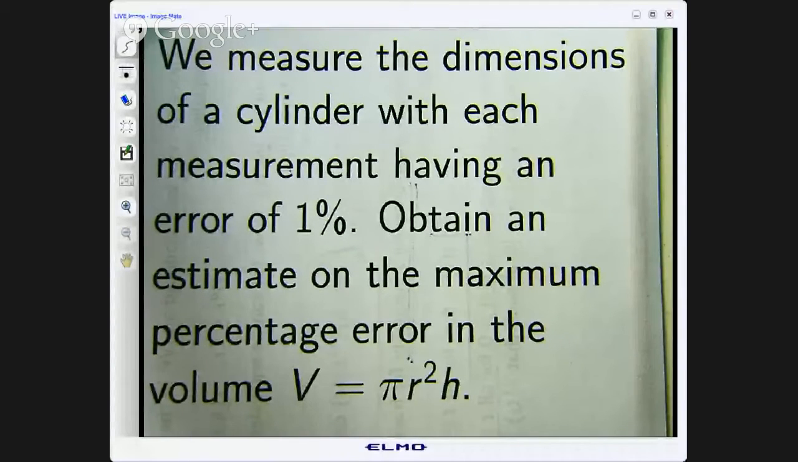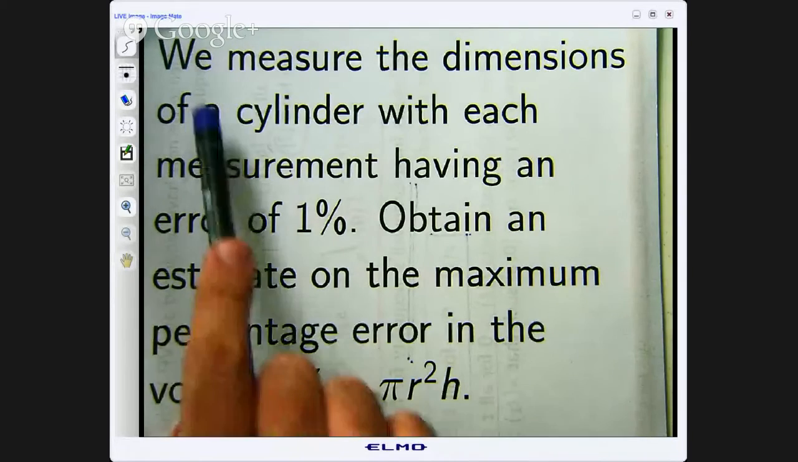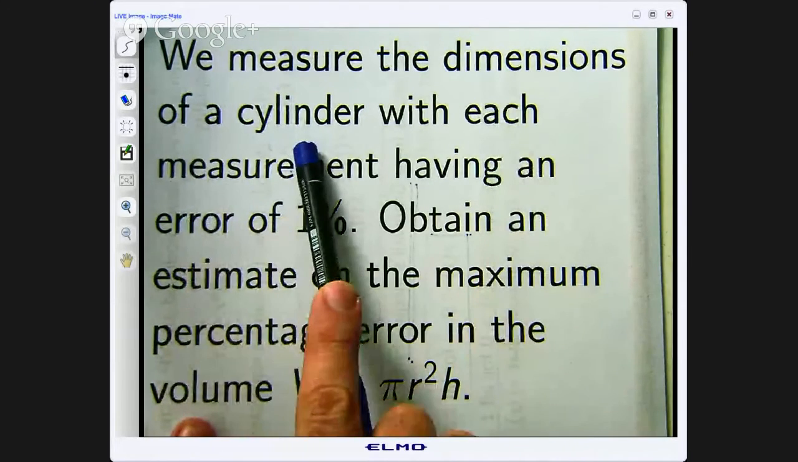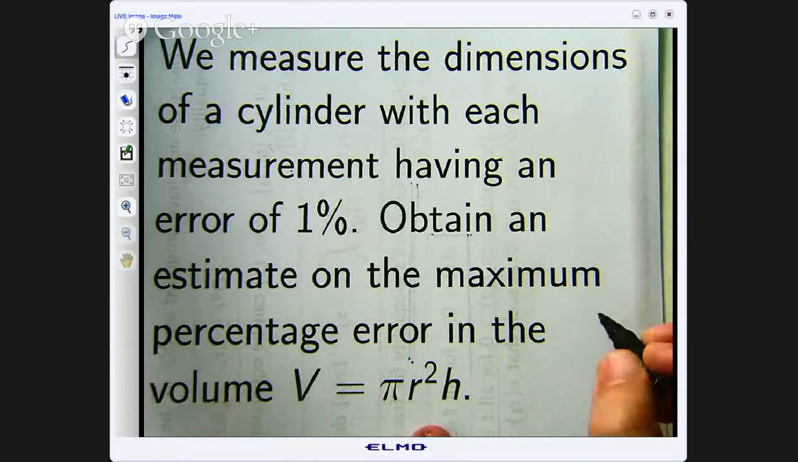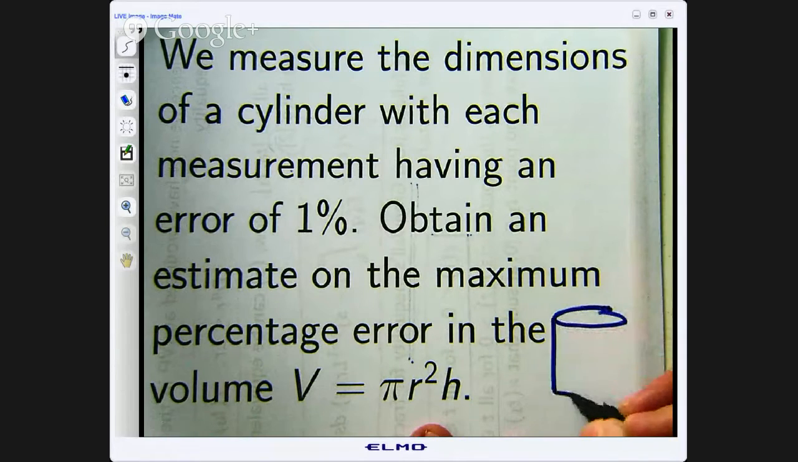Here's the example that we're going to walk through. We measure the dimensions of a cylinder with each measurement having an error of 1%. Obtain an estimate on the maximum percentage error in the calculated volume. Okay, so let's just draw a little picture here. You've got some sort of cylinder. Okay, it's a badly drawn cylinder, and the dimensions we want to calculate the volume are the radius of the base and